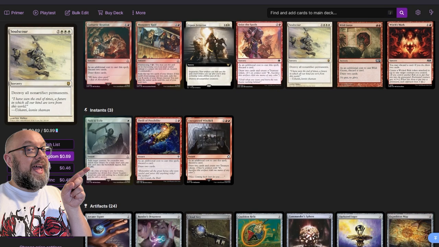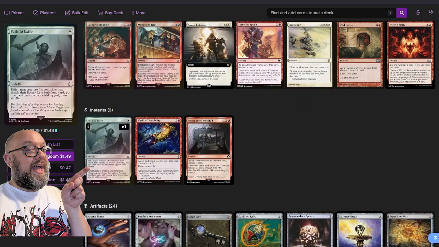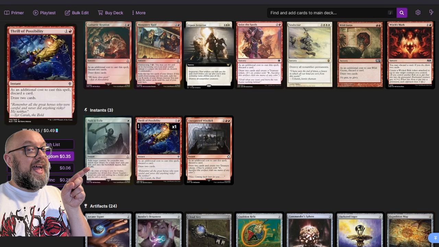There's only 3 instants. We've got Path to Exile just because it's a pretty common staple. I mean, you almost have to have it in every white deck. You don't really need it, but at the same time, it is good to just get rid of somebody's big bad creature that's really been a threat, or even their commander, and then more card draw with Thrill of Possibilities